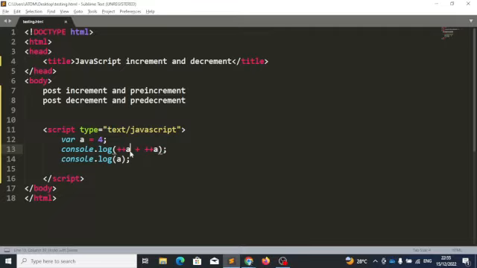Let's add this. So what will this give me? Line 13, what will I have? Line 14, what will I have? Line 13, 10. Line 14,